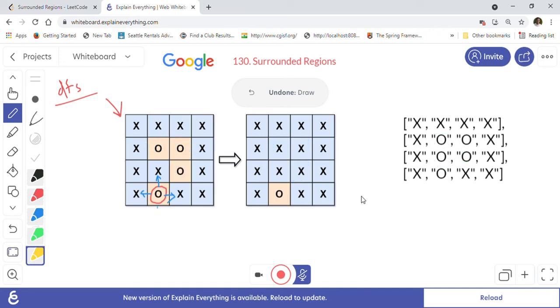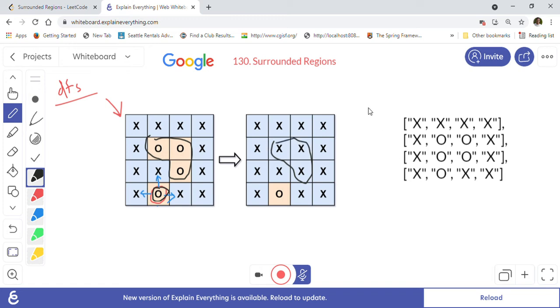So what we have seen is this first example right now, right? First example we have seen. So we started at this point and we went to three sides, 1 2 3. Now we did not find O anywhere, so we returned from our DFS, and then again we iterated, and wherever we found O, which is inside the boundary, right, inside the boundary, then we will just flip it to X. So that is what our first example that we just saw did, right?